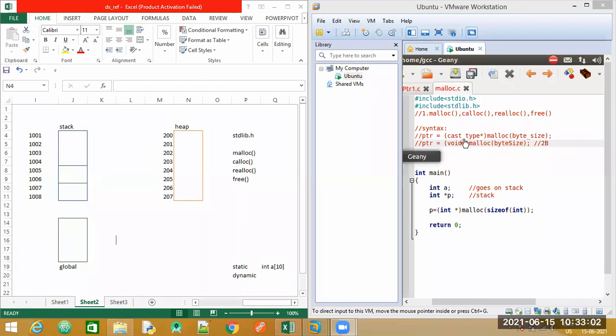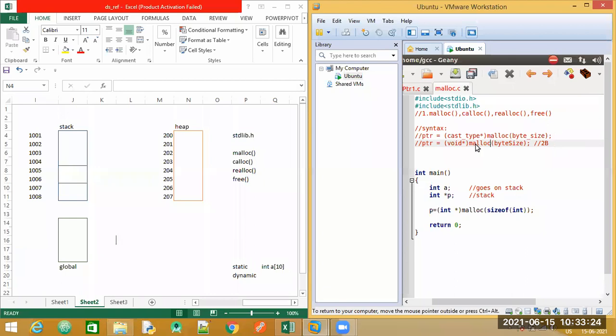So in short, we are saying that cast type is nothing but the data type that we want to make use of. You need not mention this second statement.